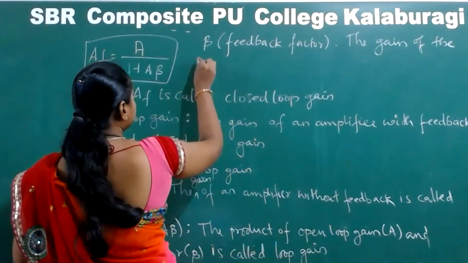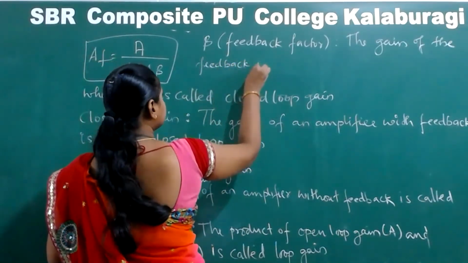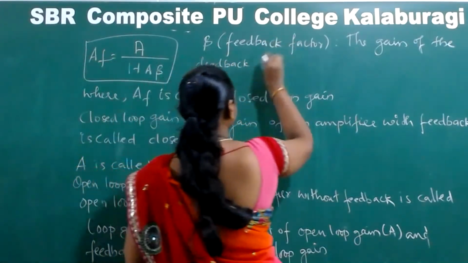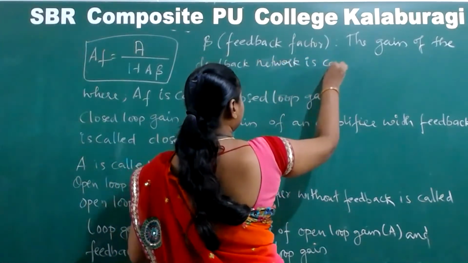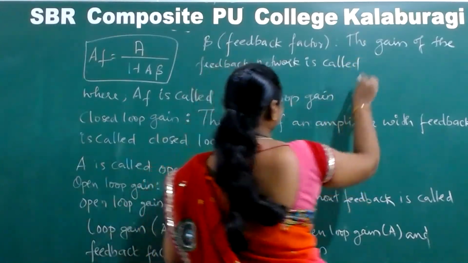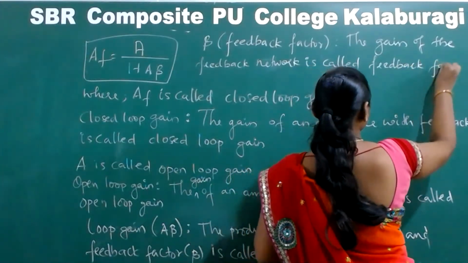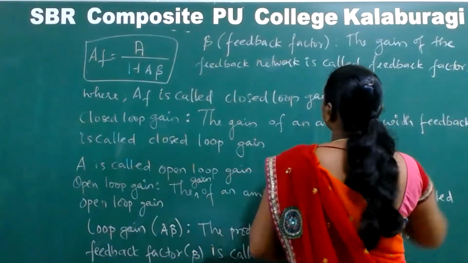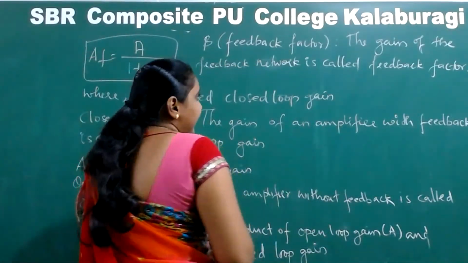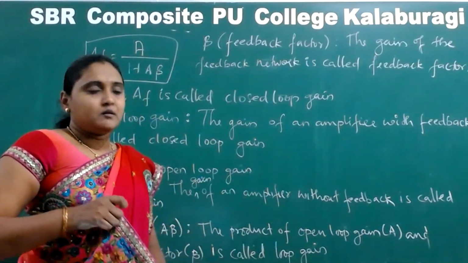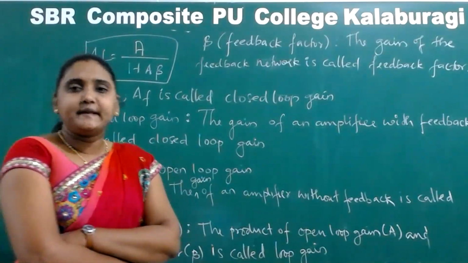The gain of the feedback network is called feedback factor. It's called what? Feedback factor. Or it can be also defined as the factor by which the feedback is introduced in an amplifier is called